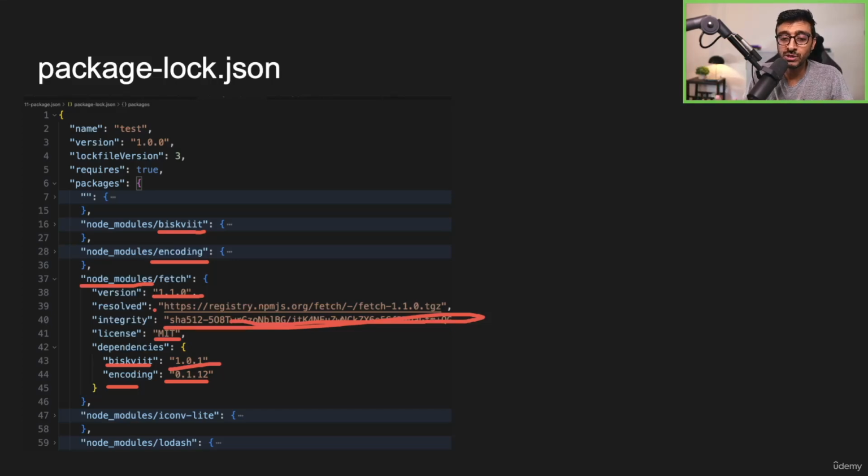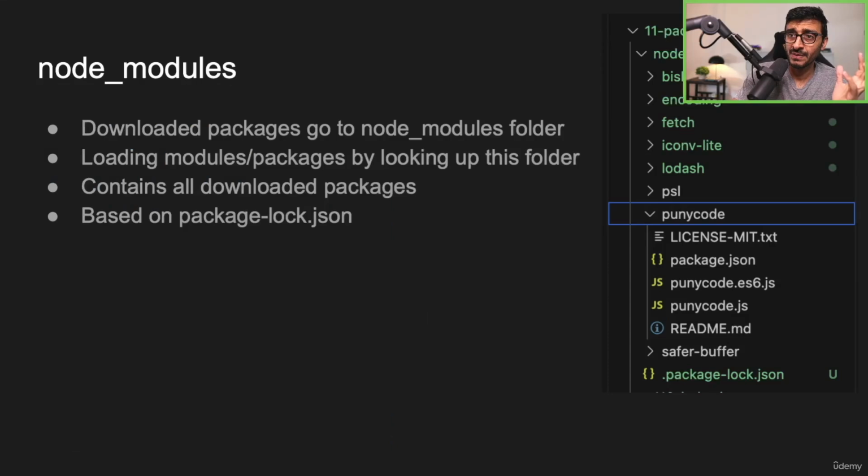So this ensures that you're, as they call it, continuous integration, that you're consistent. If you are in the dev environment, you push something and you're in production, you don't all of a sudden install in the production and you get a newer version. You don't want that. You want to be consistent, right? So that it's at least predictable. Because if you run into a bug, you want at least to debug, you want to remove unknown factors like, oh, all of a sudden you installed a new version and that version behaves differently, and even the node version can completely screw everything up, right?